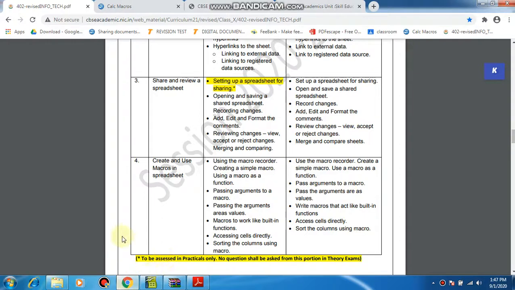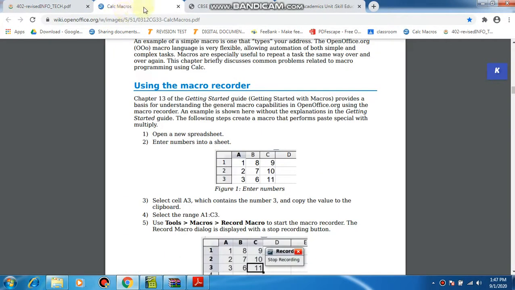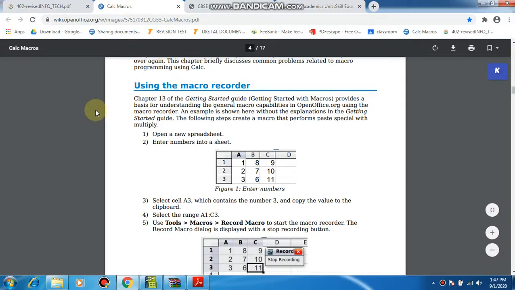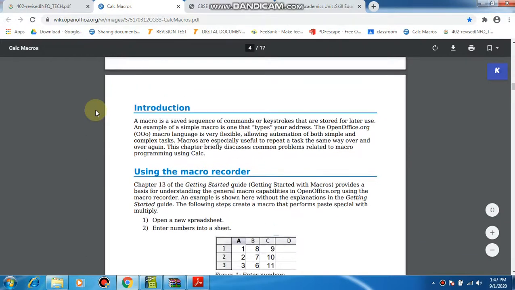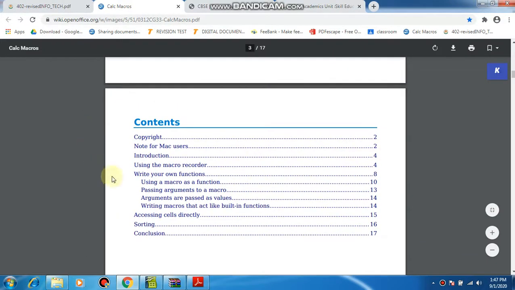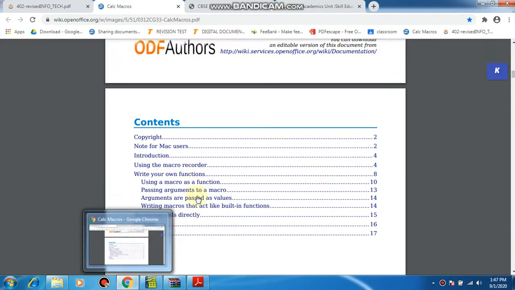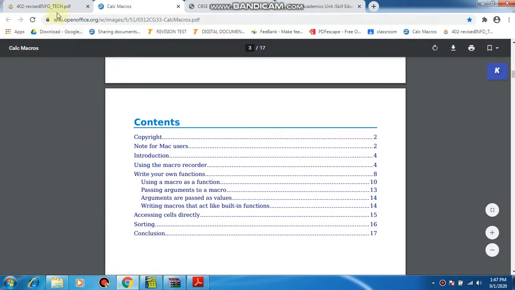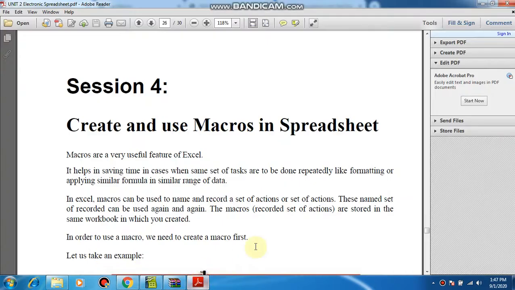And if we see the site, you can see Wiki Open Office, the contents given in the curriculum by the CBSE are matching these. You can see these contents and this curriculum, and whatever is available to you as study material seems a little controversial, so we can carry on with our Open Office